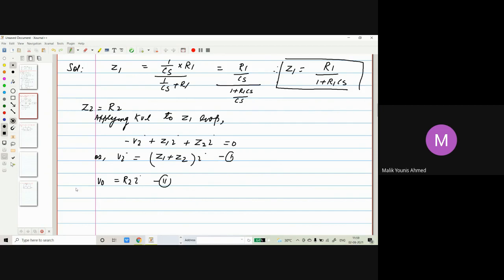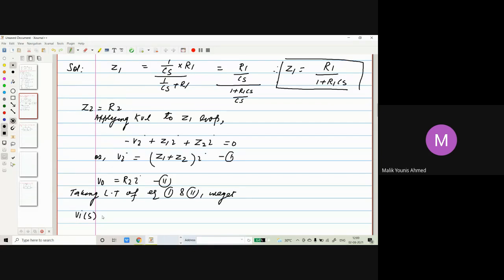So now take the Laplace transform of equations 1 and 2, we get